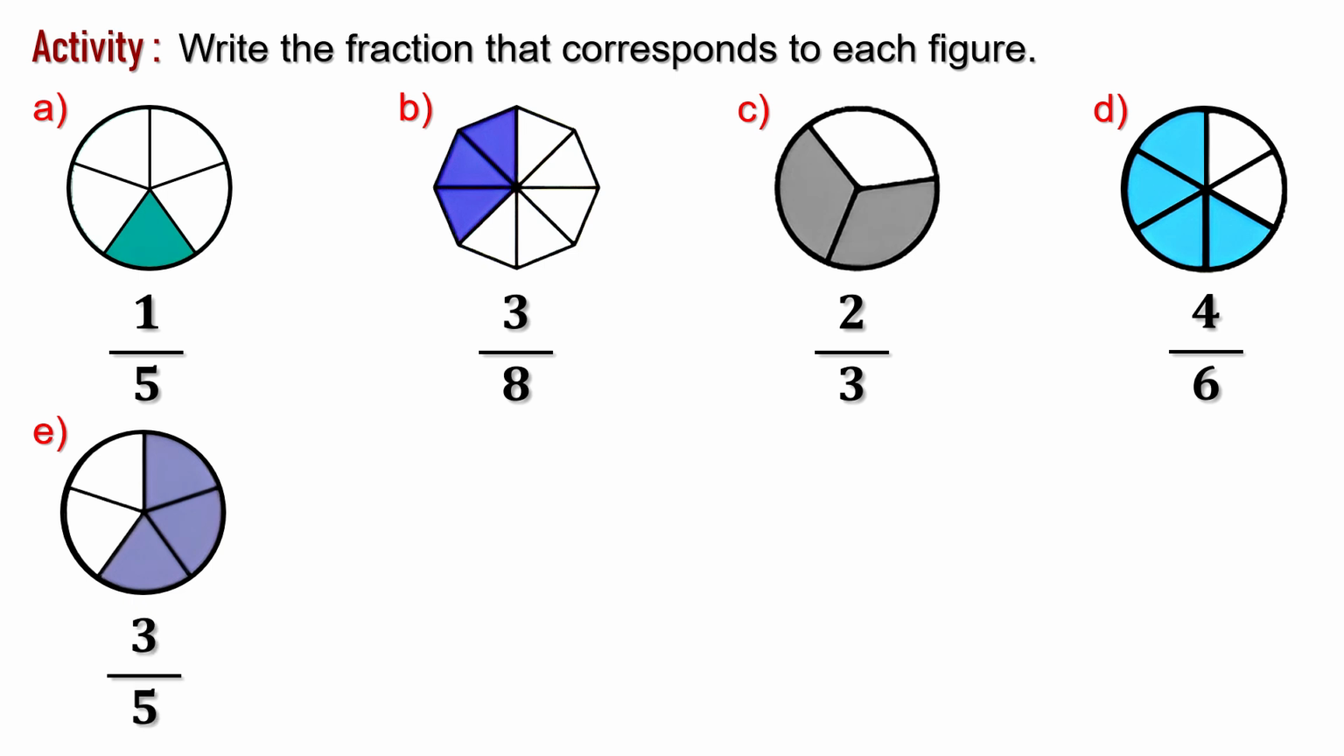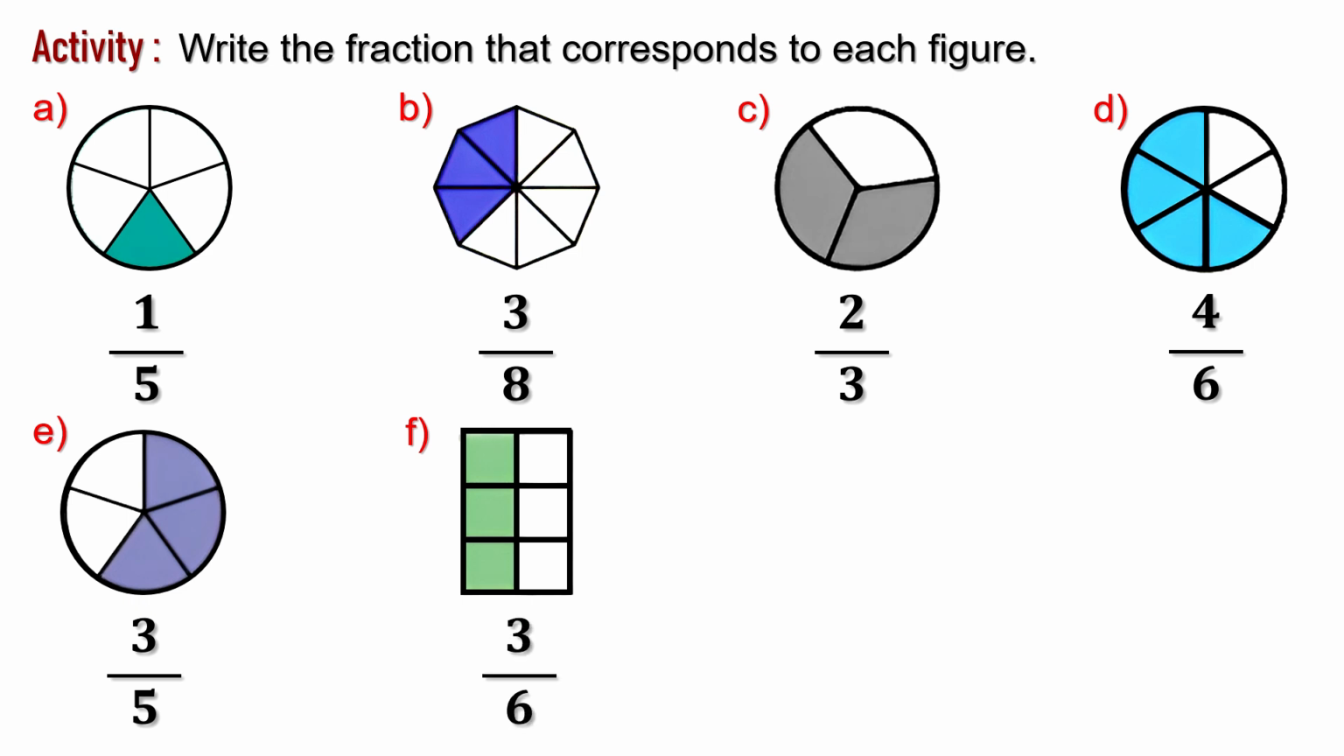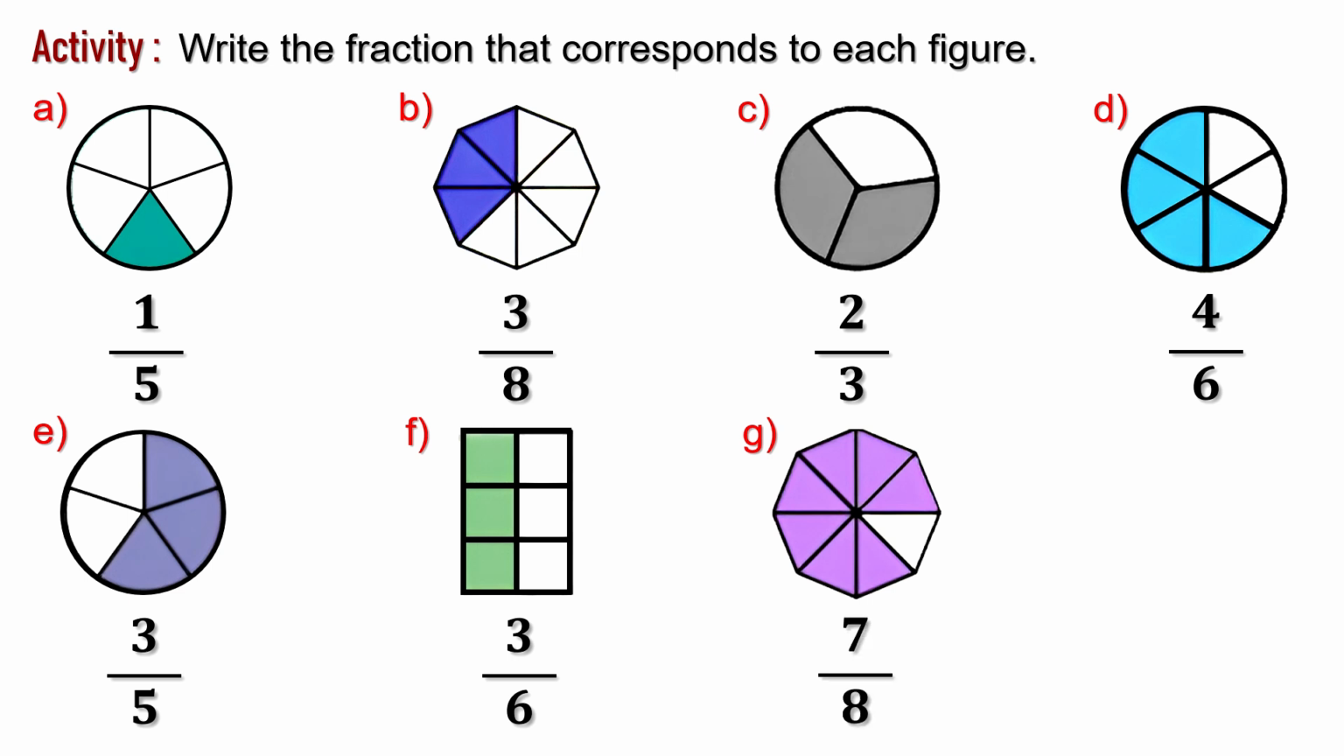Literal E, the fraction corresponds to 3/5. Literal F, the fraction corresponds to 3/6. Literal G, the fraction corresponds to 7/8. Literal H, the fraction corresponds to 3/4. Very good. I hope you have understood the topic, but if you have any questions, review the material again